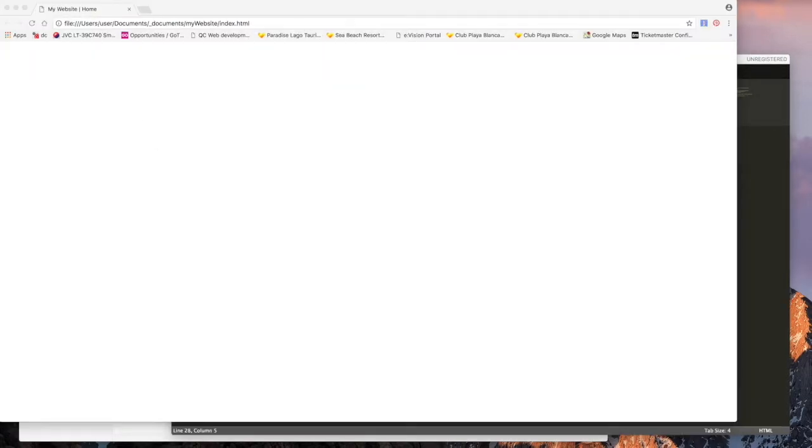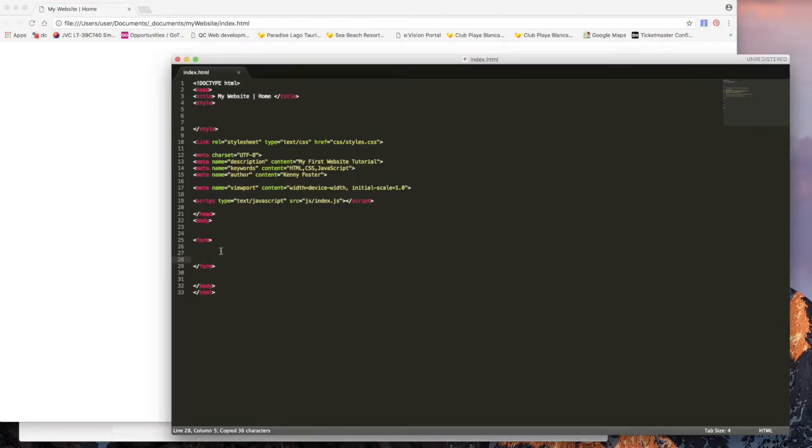The text input is used for inputting plain text on a single line. For example, first name and surname. You must define this as name equals, and then in quotation marks the attribute, which makes it unique and easy to read when the form is returned to the owner from the user. The placeholder attribute is the text that is already in the form before the user adds their own input. This is to indicate the type of information that is needed to be added into that specific field or input